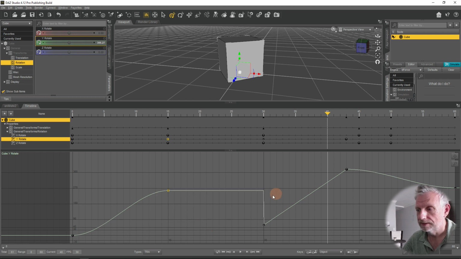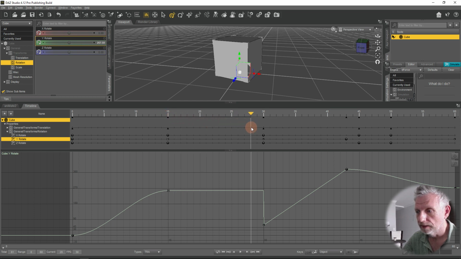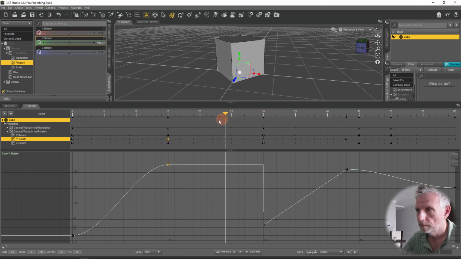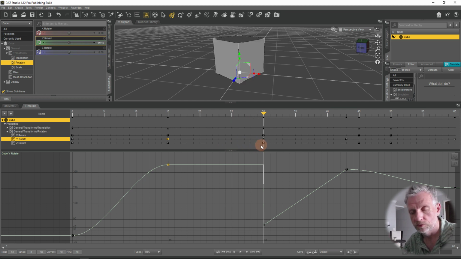This is constant. So it reaches a value, leaves it there, and then instantly changes it back to something else. So if I go and drag this one up a little bit, this is good for a kind of noise type pattern. It reaches this point, it stays there, and then it instantly drops down. So this is for instantly changing positions, for example, if you want to move an object from here to there, and you'd rather it be at the next keyframe already without traveling there. You can do that with the constant